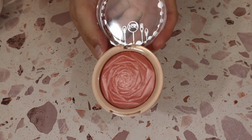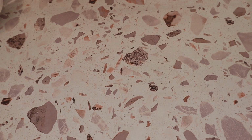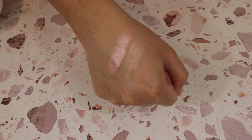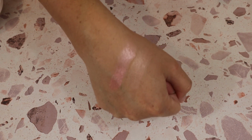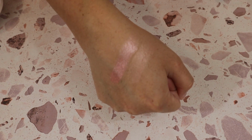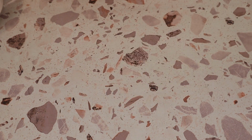First off, just look at how beautiful this is. This is so pretty. I use this mainly as a highlight, but also primarily as a blush topper, but it can be used as a highlighter too. So there it is. It's very, very beautiful. I absolutely love things that are more versatile, and this is definitely one of them. So I am going to go ahead and keep this one also because it is still fairly new to my